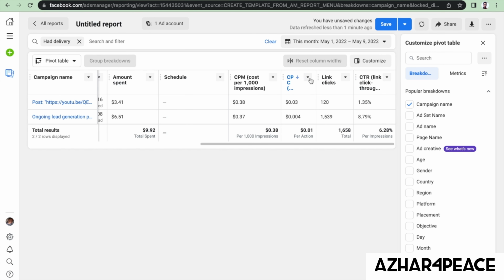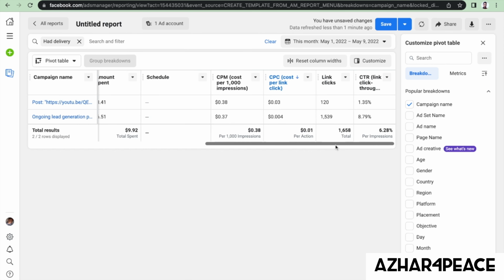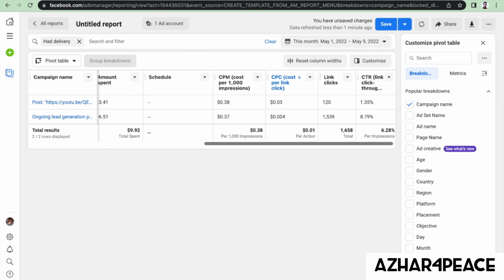Let me see. Cost per link click was 0.3 cent, and for the video it was 0.004. It depends on Facebook's structure and their price setup.